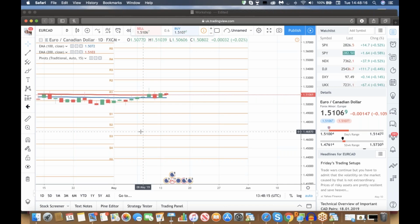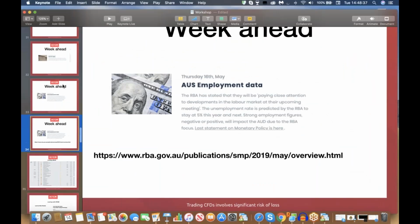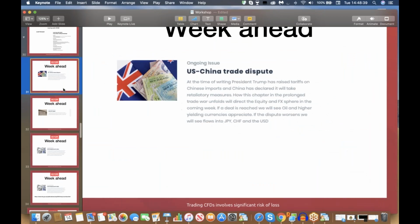You're always trying to be one step ahead, because you want to get in as early as you can to get the best price as you can, and everyone throughout the world is trying to do that. So once you zone in and realize that, then moves make much more sense. So yeah, that's just a little trade I'm in at the moment. And then we have the employment data. Those are the events that I'm looking at this week,